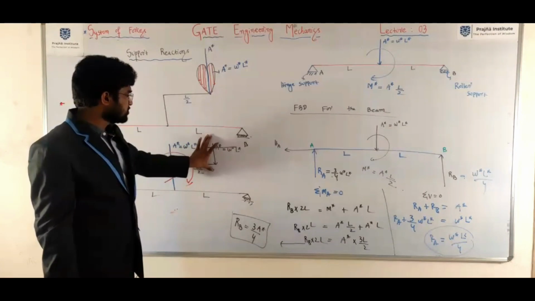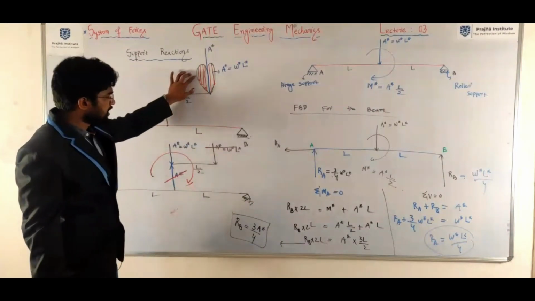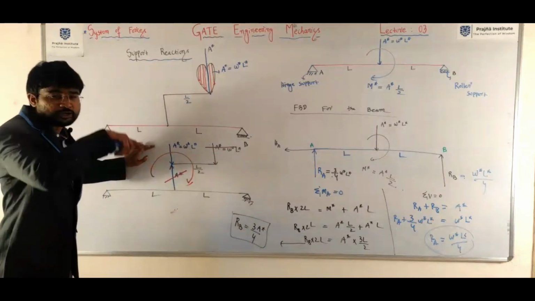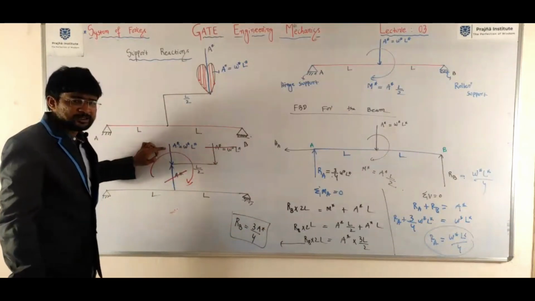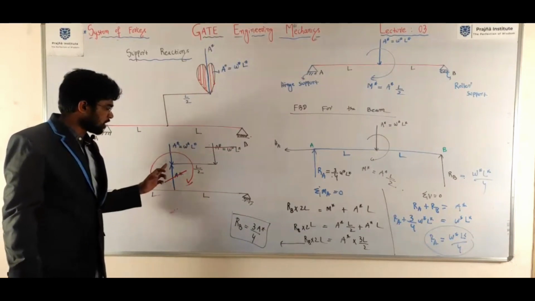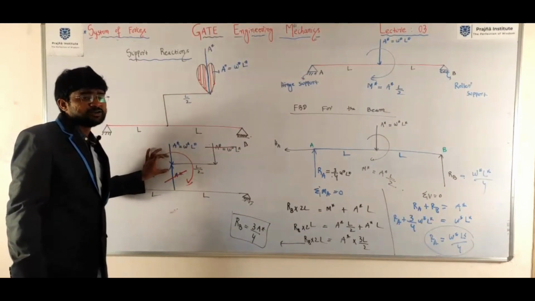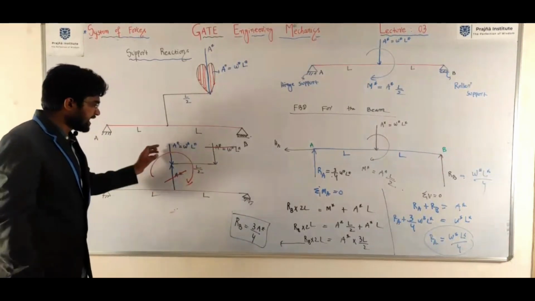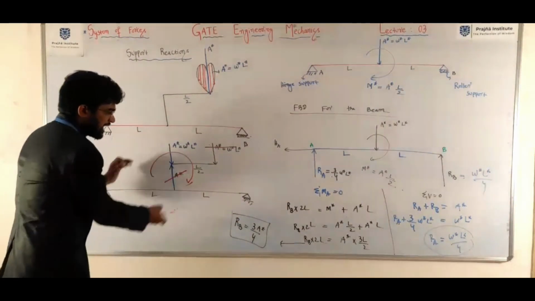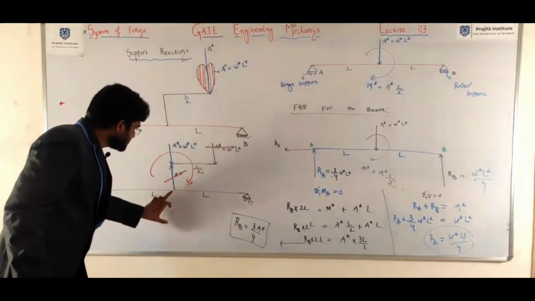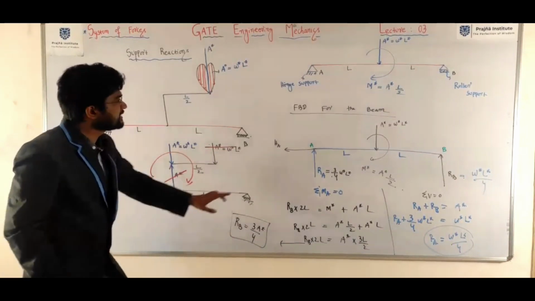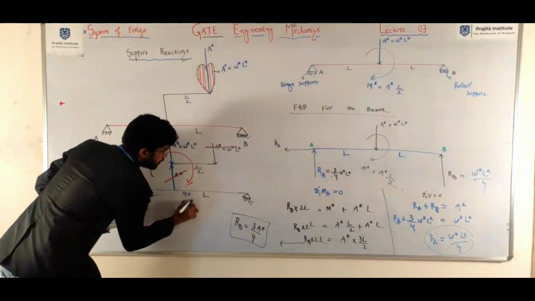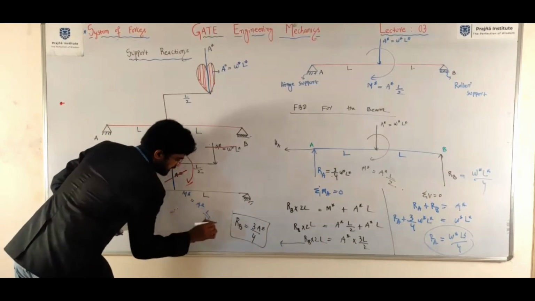Transforming from here to here, converting variable load into point load. For that, what we need to do? Introduce one parallel force and nullify that force by introducing an opposite force. These two will be cancelled out, the system won't change. Now the upward force and downward force create a couple. It is a clockwise couple. Now just place the A star and moment here. That's it. What is the magnitude of the moment here? The magnitude of the moment is A star into L by 2.